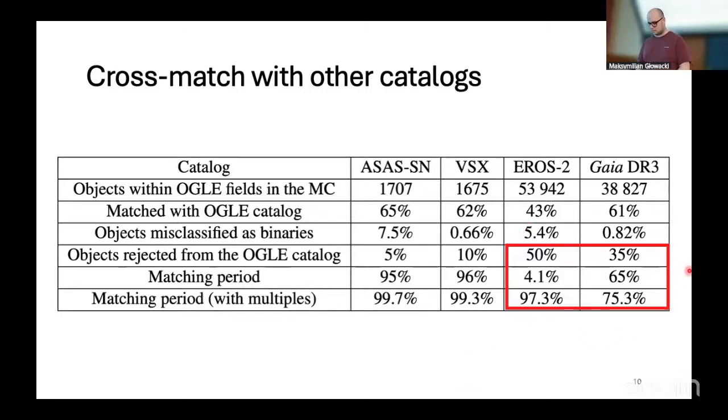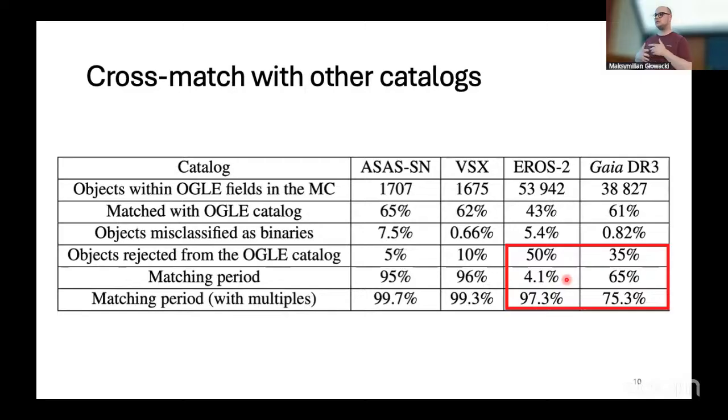So here we see the most important part of this analysis. For all the Gaia DR3 sources that were successfully cross-matched with our sources, only 75 of them had the same period. And for the EROS-2 data set, only 4.1%, which is a surprisingly low result. However, we decided to check for other harmonics of the period, as one of the most common problems that I mentioned earlier was that for light curves that look nearly sinusoidal, or where there is a small difference between the depths of the eclipses,